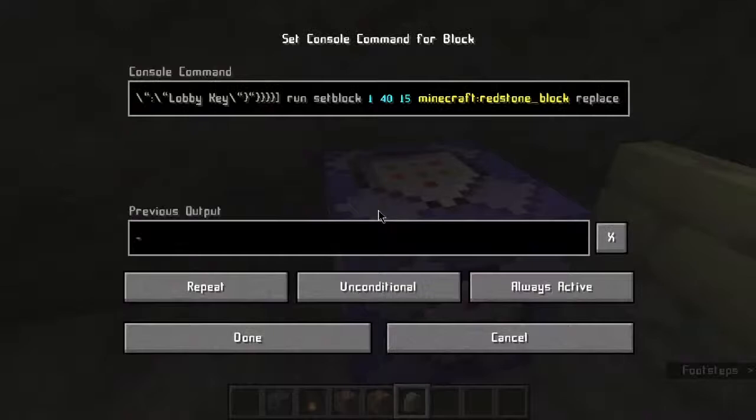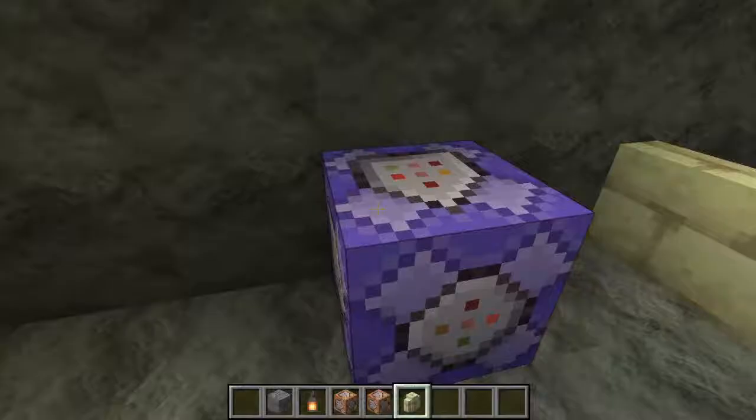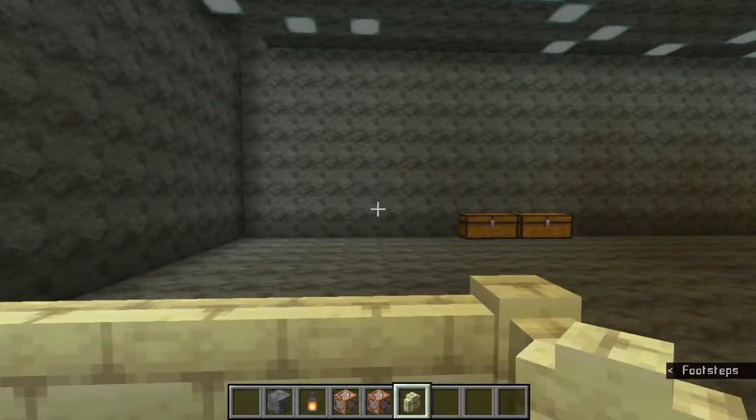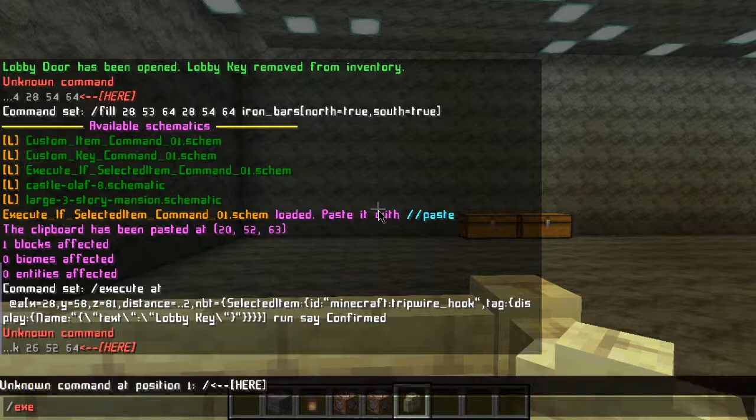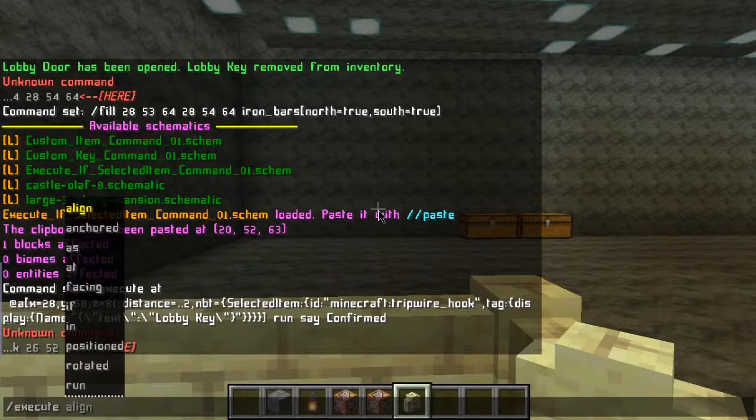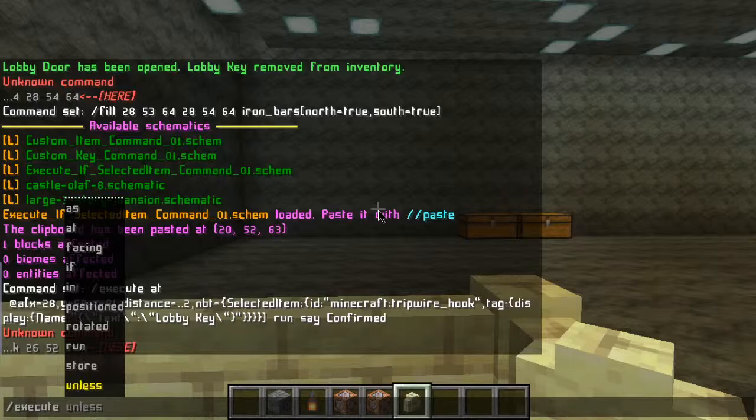So yeah, these commands over here, this is the lobby key one. The way I have this set up, there are many ways you can do these execute commands. The execute commands are great because it's pretty much execute, and then you've got all of these, what's the word? Not factors. They're just variables, I guess you could say. I really don't know the word, but basically you can say execute if, unless, execute store, or run,